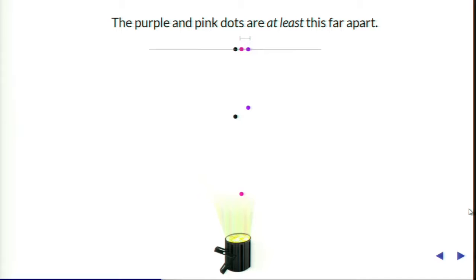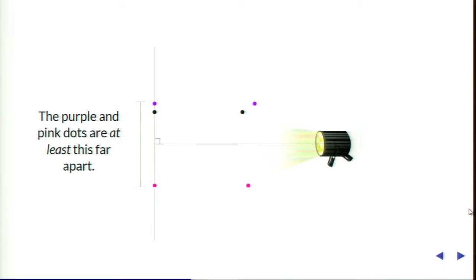But just like with the silhouettes of people, we can rotate that lamp and projection screen around our data, keeping a right angle between the light and the screen, until we get to a situation where we get a lot more information about the points in the projected space. Like from this viewpoint, we very closely reproduce the actual distances between the points in the real world. And we can say, for example, that bracket there, that the purple and pink point are at least that far apart from each other. And indeed, they're only a little bit farther apart in the real world.